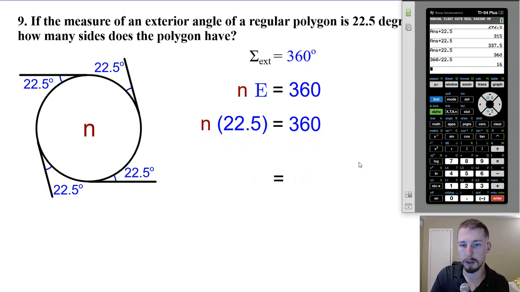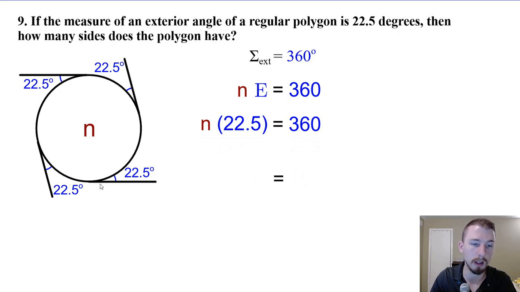But we're just working backwards this time because we know the angle itself instead of the number of sides. So real simple, which was 16. Apparently it took 16 of these angles, and I didn't draw all that because it would take forever. But 16 angles before we actually get up to the full 360 degrees that we would have for the exterior angles. So we solved that by dividing everything by 22.5, which gave us n equal to 16